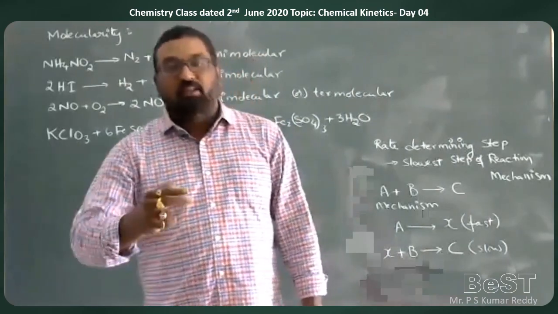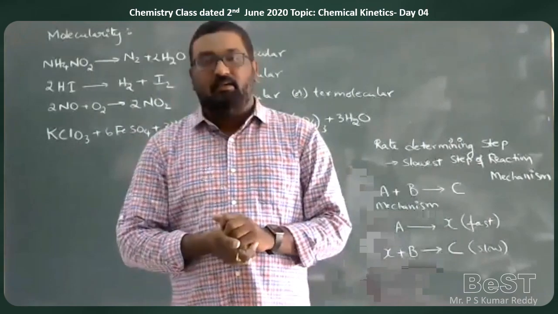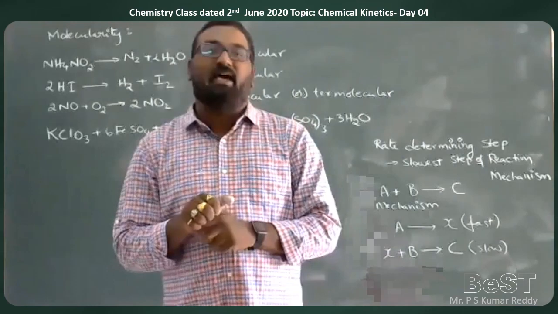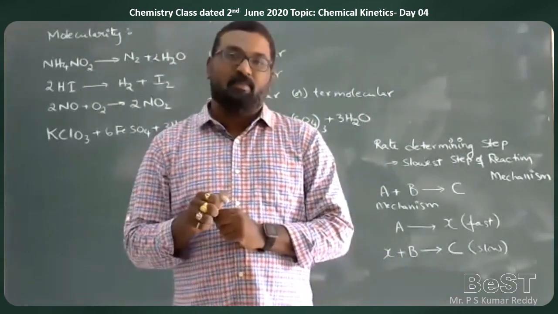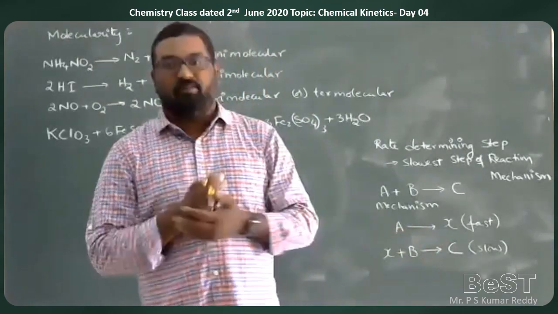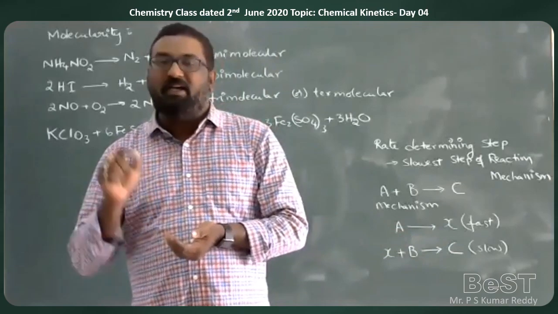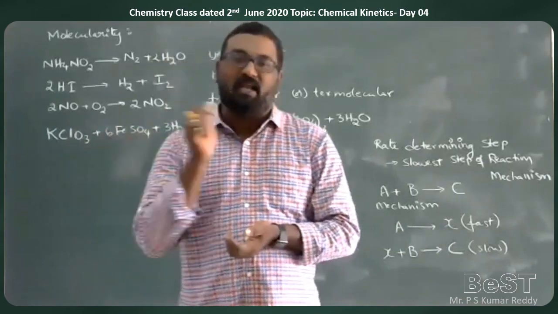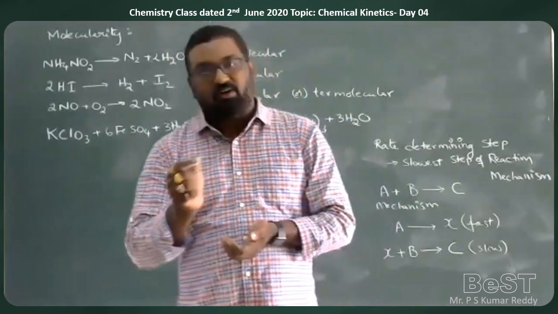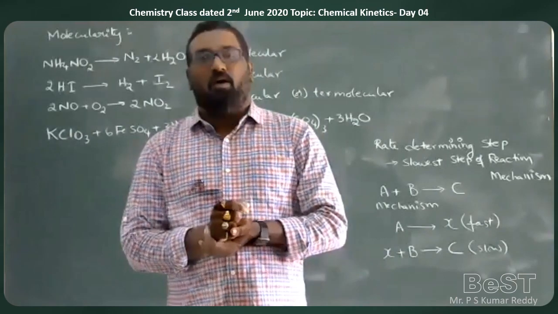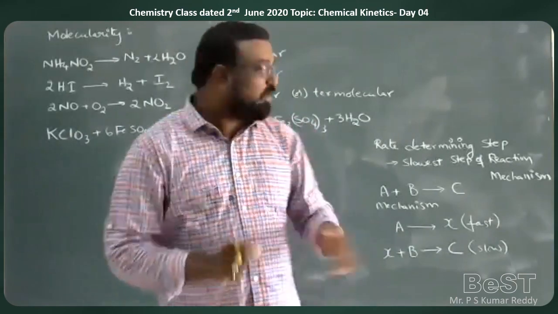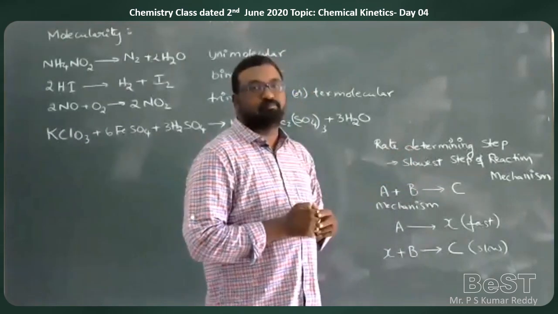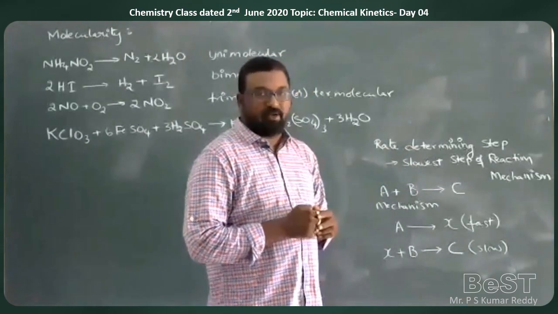In the same way, in the previous chapter, haloalkanes, when Suresh sir took the class, he explained the SN1 reaction mechanism and SN2 reaction mechanism. There you will come across this concept. The slowest step will determine the rate of reaction. The slowest step will tell about the molecularity of the reaction. The slowest step will tell about the order of the reaction. So always remember that the slowest step of the reaction mechanism is the rate determining step. I hope I am clear.